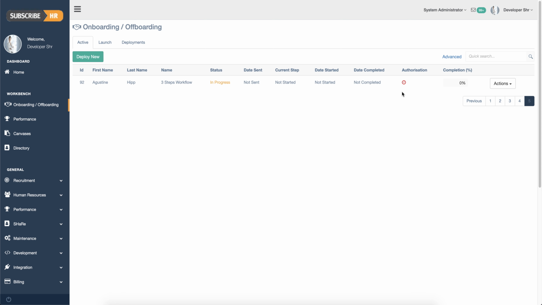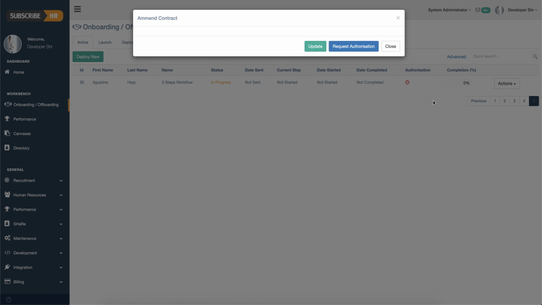We do also have notifications, obviously, going on in the background. So when the contract is rejected, the person that sent the contract will receive a notification saying it's been rejected, and then they can also view the status in this list here. If the contract has been rejected, there is an option now in Actions which will allow users to amend or resend the contract, or do both at the same time, basically. So if I select this option here, amend, resend,